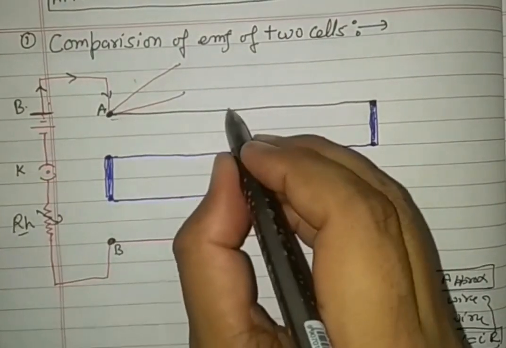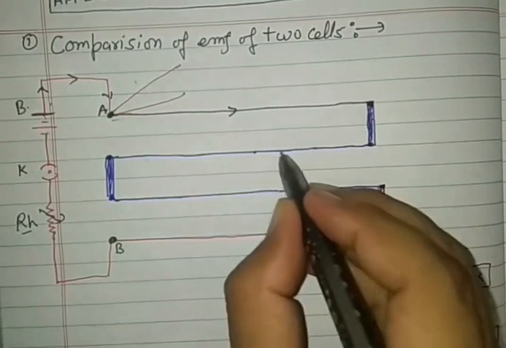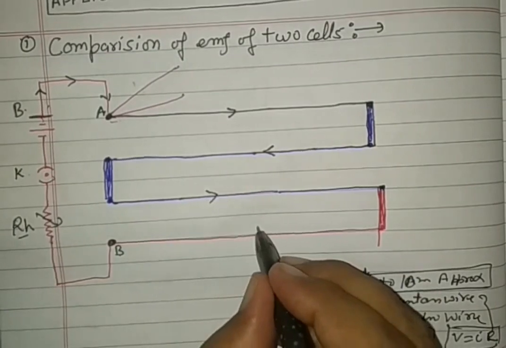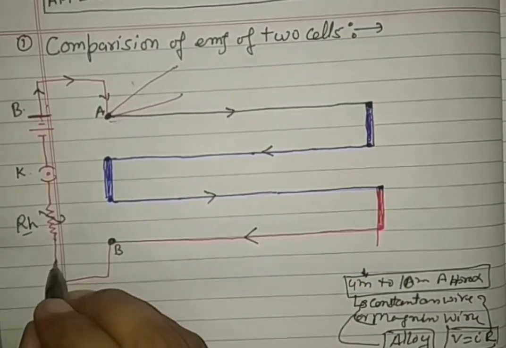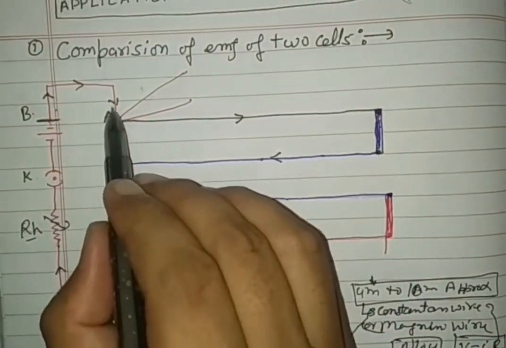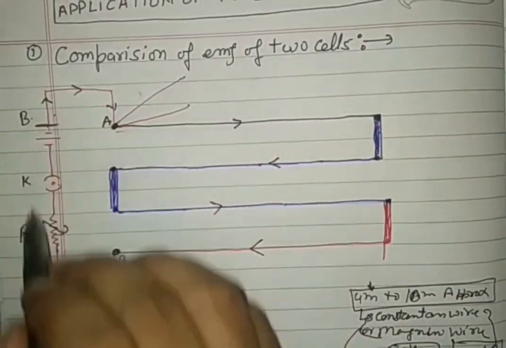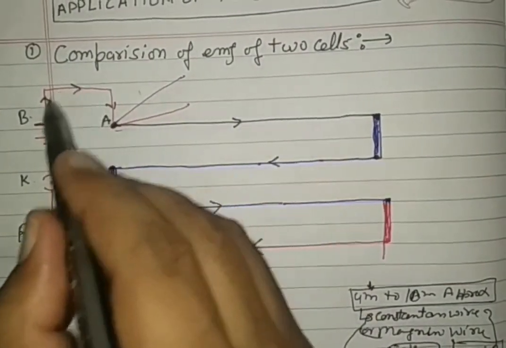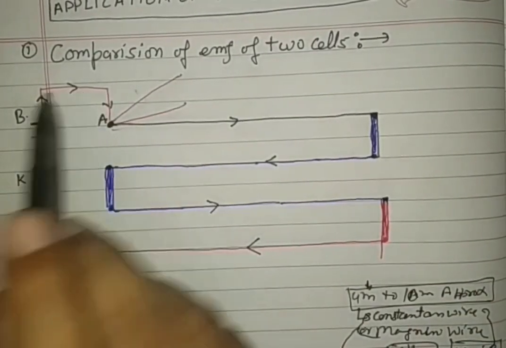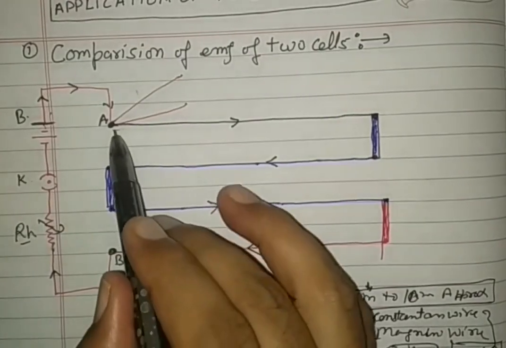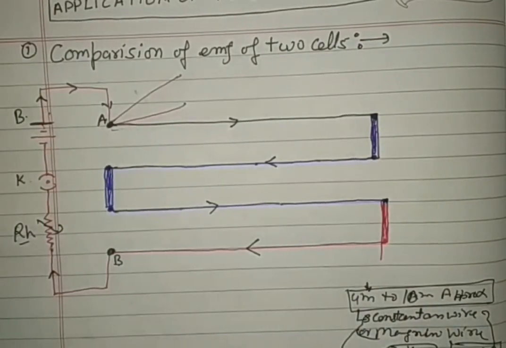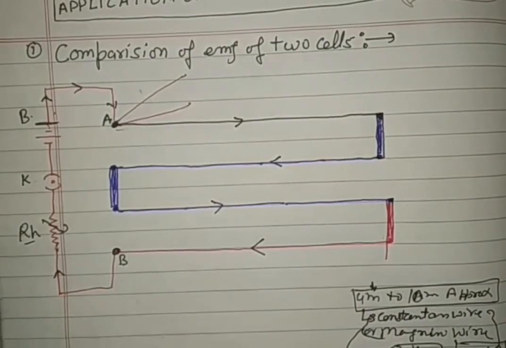When the current flows in this direction, now in this wire it moves here, the third wire this way and the fourth wire this way, and again reaches here. So this is the potential from A to B in this path. These are the conductor copper wires, and in comparison to this part, their resistance is very less and can be neglected. So there is total distribution of potential between A and B via this path. Clear? Now see carefully.